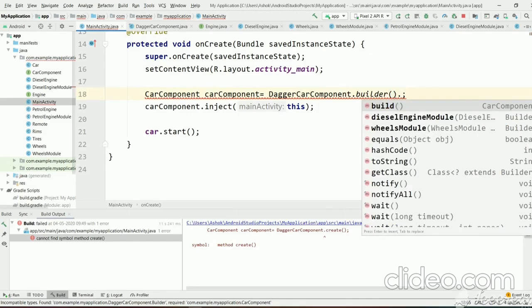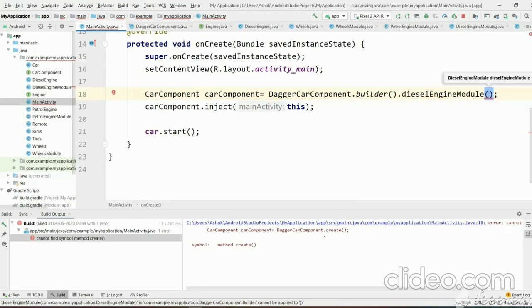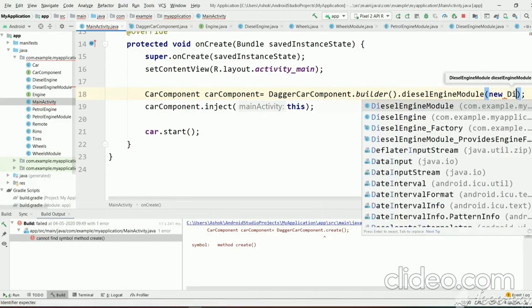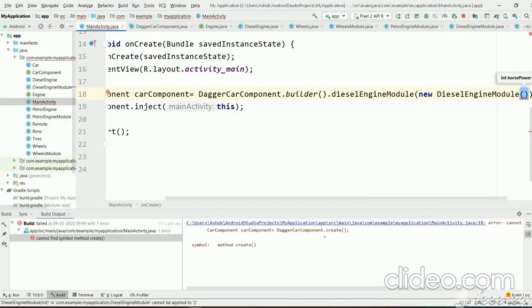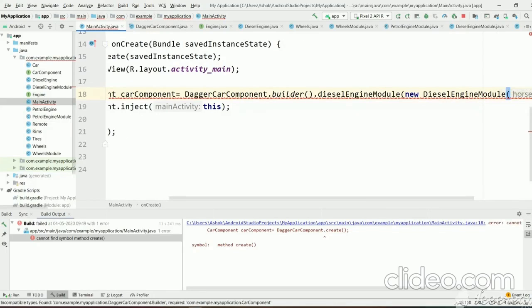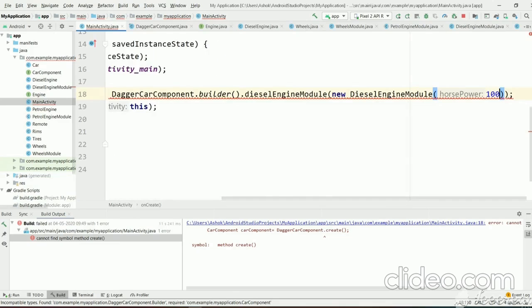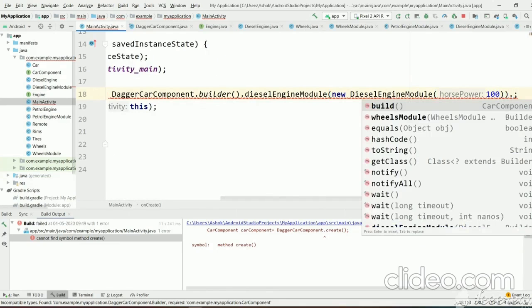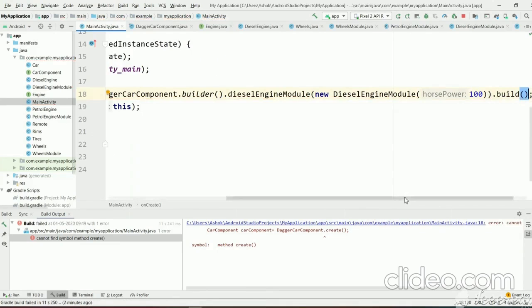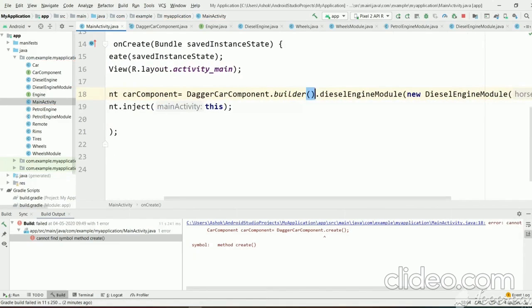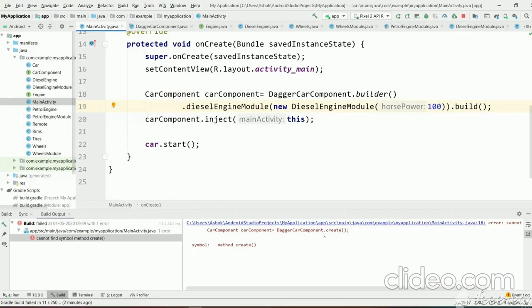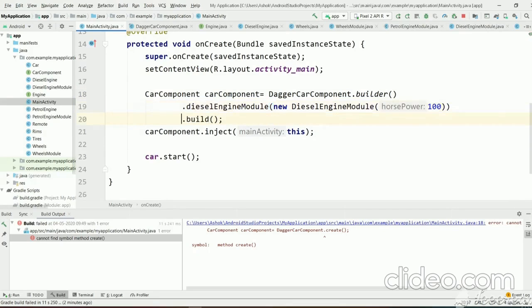Dot diesel engine module, and we are going to create a new diesel engine module with horsepower 100. And finally we want a car component, so we need to do dot build. So we have a builder. With that builder we can pass a new diesel engine module, and finally we can do build. So finally we will get a car component.